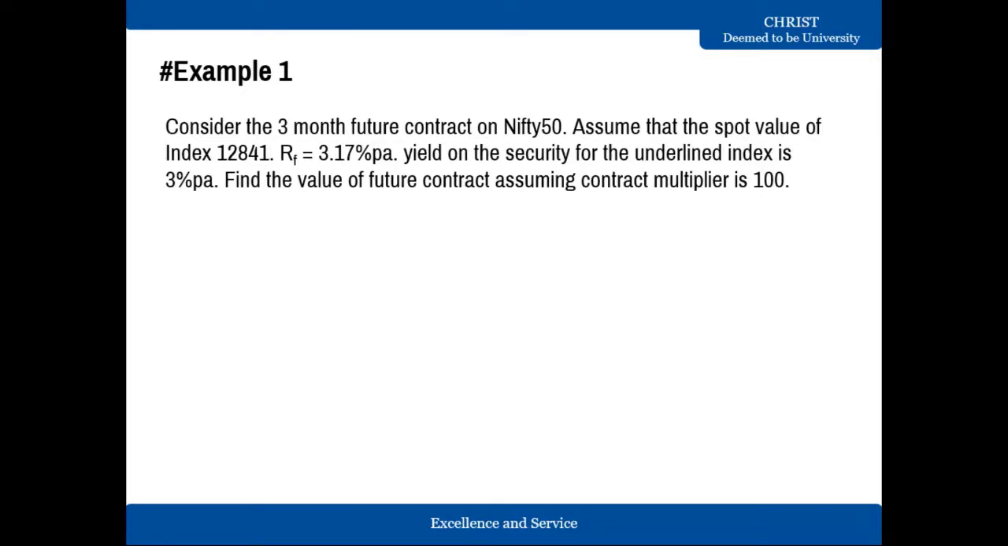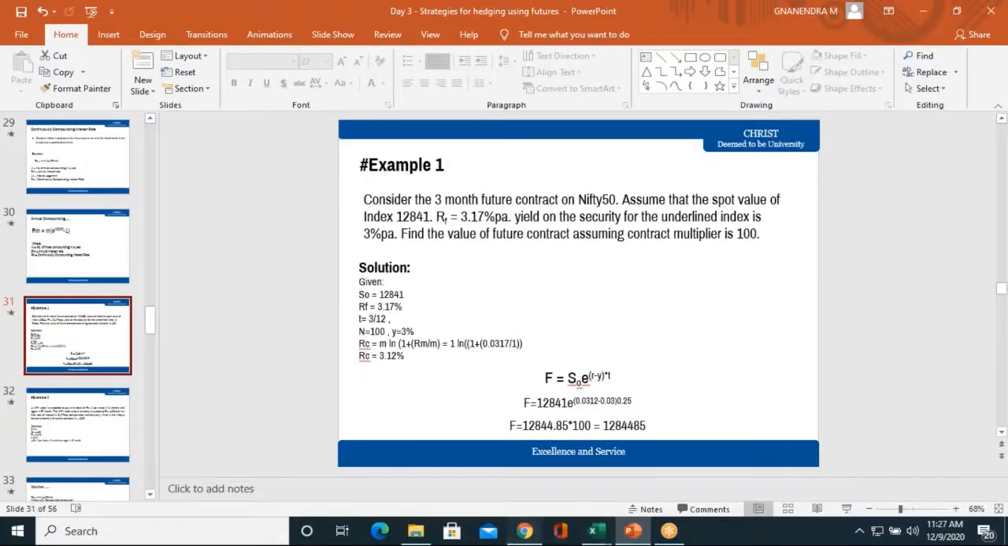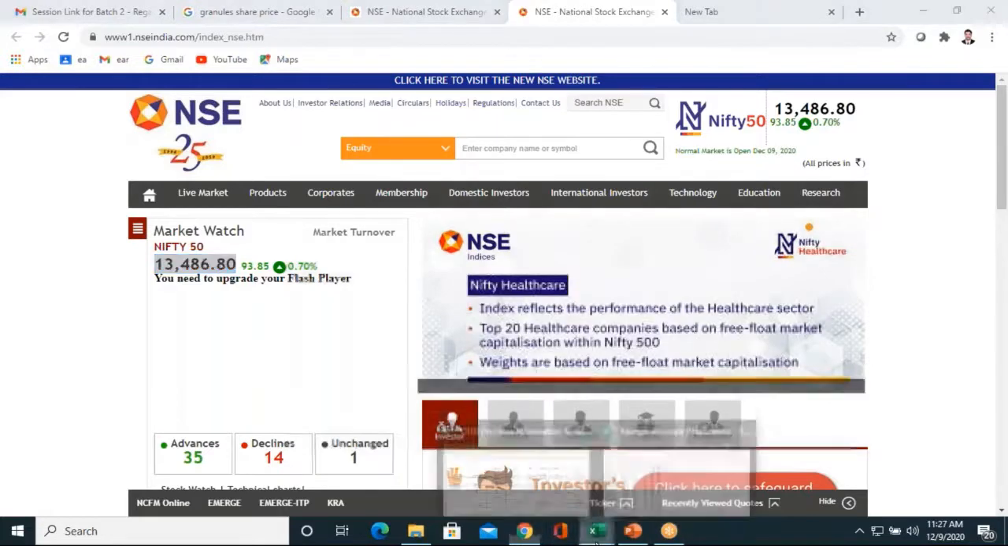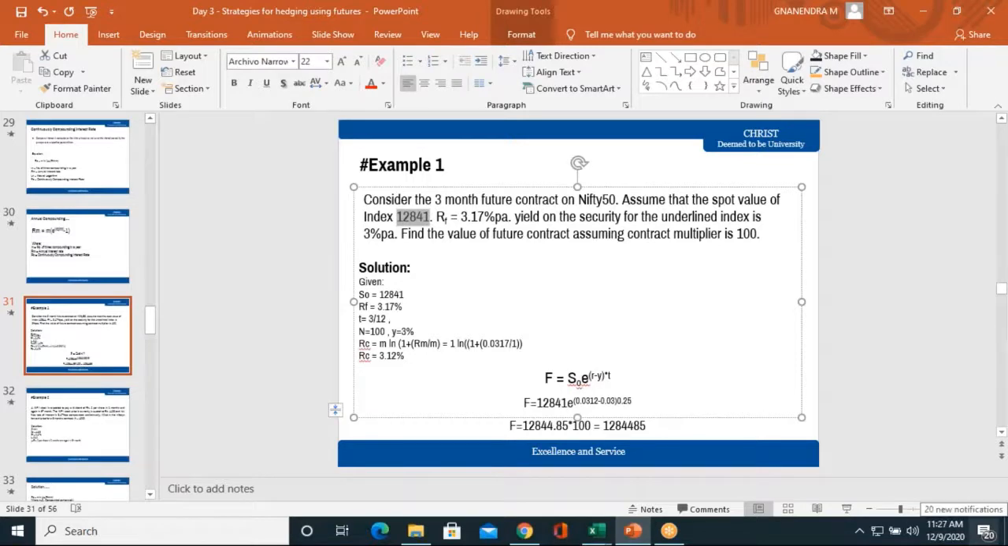Here it says consider the 3-month future contract. That means just now that particular contract has started on Nifty 50. Assume that the spot value of the index is 12841. This is for batch 1. I will take the original spot price so that the calculation works. The spot price, you can see here, Nifty 50, is 13,487. So I'll write 13,487. RF is